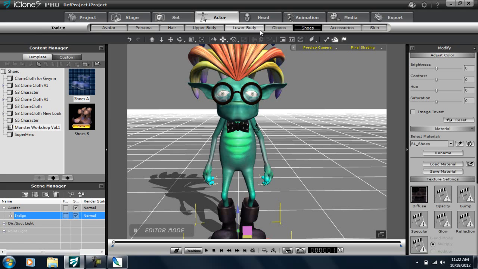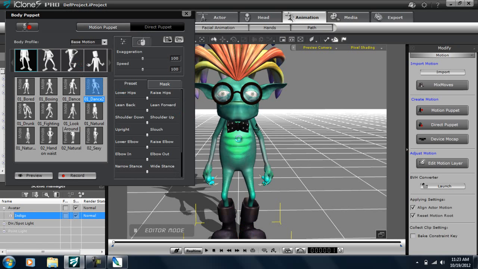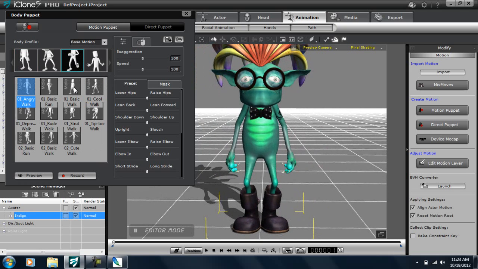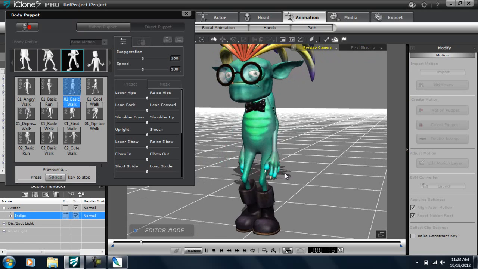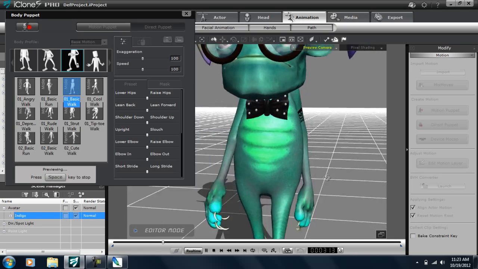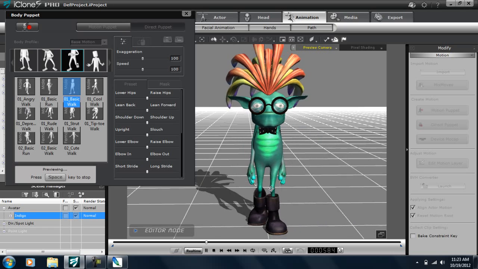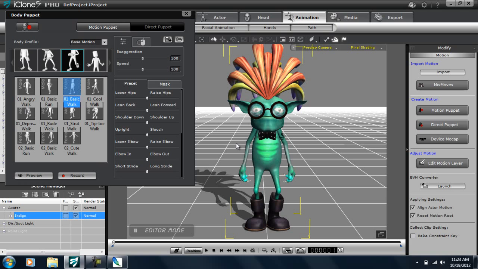Now there is one issue with this character as well. You'll notice that when I apply a regular iClone animation, such as a walking animation, let's go over to the walk here in the motion puppet, and you'll see that if I have a basic walk, if I preview that, you'll see that there's a little bit of an issue there. His arms are actually going through, penetrating his torso mesh. That's because his initial bone settings in 3D Exchange are not ideally set for